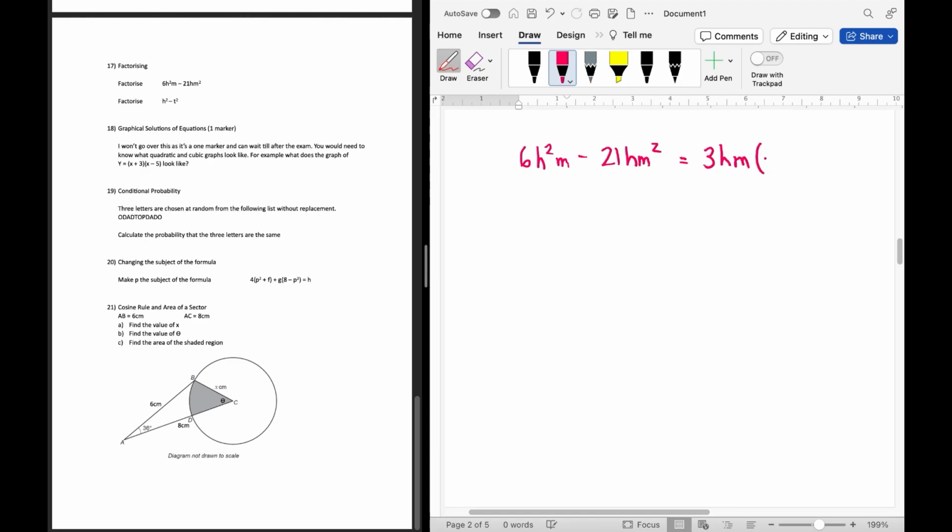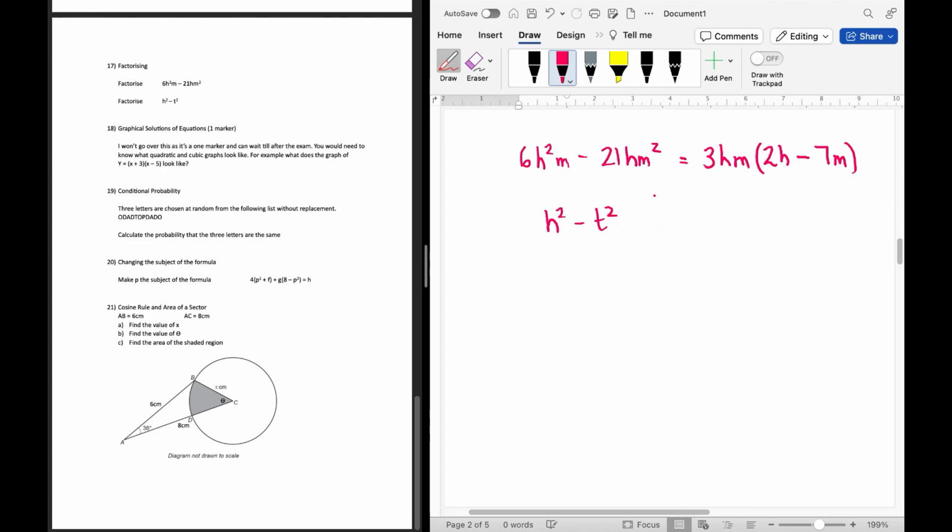3 times what makes 6? That's 2. The first term is h squared, so we're going to need another h there to make it h squared, but we don't need another m. And we'll take away from that 3 times 7, and we're going to need another m to create the m squared. So that's a single bracket factorising. Part B,